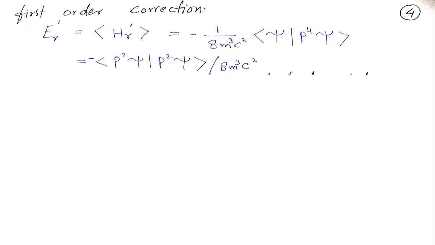For the moment, the perturbation is very charismatic, which allows us to use the non-degenerate perturbation theory. We know that the momentum is a Hermitian operator, which enables us to write this equation in this form.